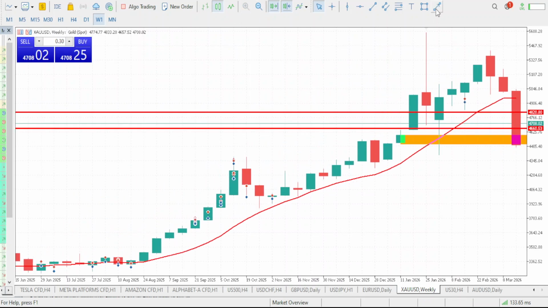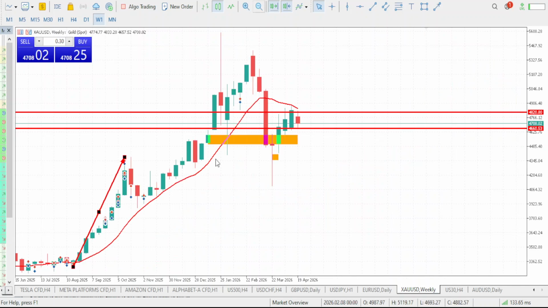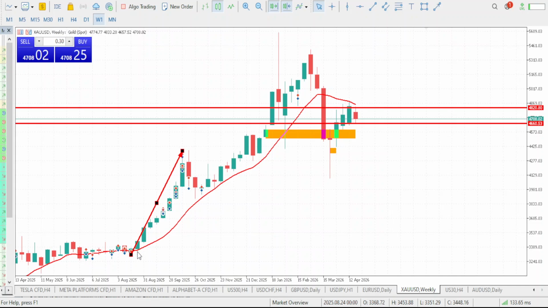Now guys, take a look at this movement right here. This is the impulsive move. Remember, we are only starting from here just for quick analysis, right? So this is the impulsive move. Here comes the corrective phase. Market was able to push up again to form another impulsive move. Here comes the corrective phase, right? Which is a pullback. Market then pushes up again to form another impulsive move. Here comes the corrective phase. Now market has pushed up again to form another impulsive move. This is the pullback phase, which is the corrective phase.